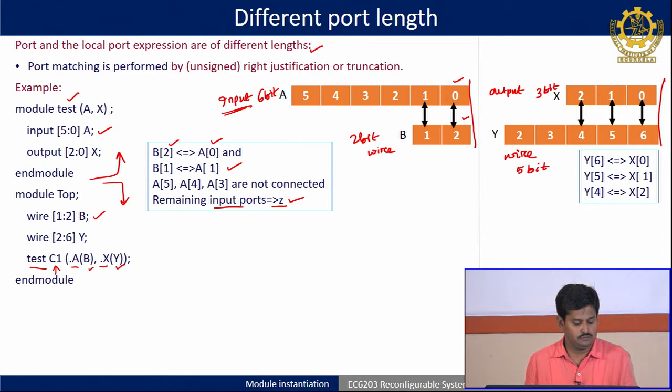Okay. Similarly, if you will see on the right side, X is 3 bit and Y is 5 bit, and these are our output ports. Again, if I do right justification, Y0 will map with X0, Y1 will map with X1, Y2 will map with X2. As it is an output port, the remaining 2 will be truncated, meaning they will be left open. They will never be associated with any bit of X, as there are no X bits further, and they will remain unutilized. They will remain as they are, understood.